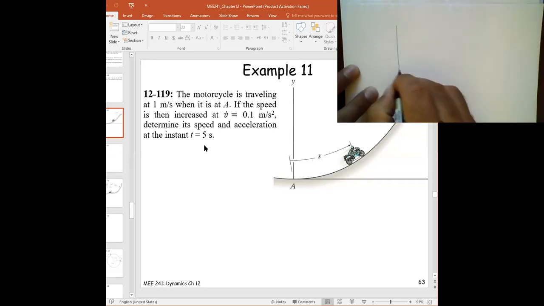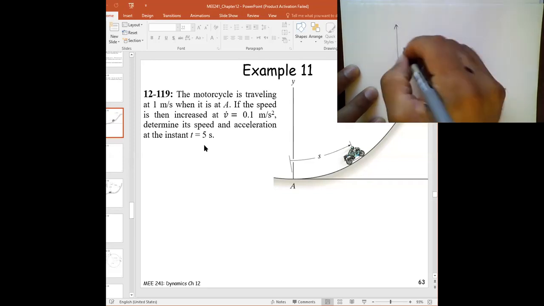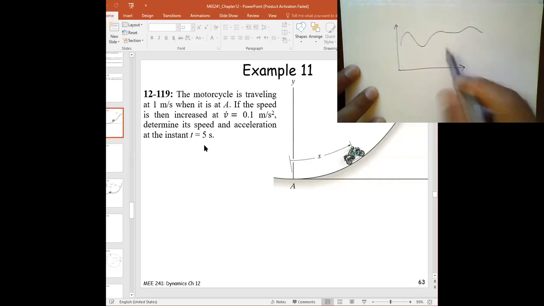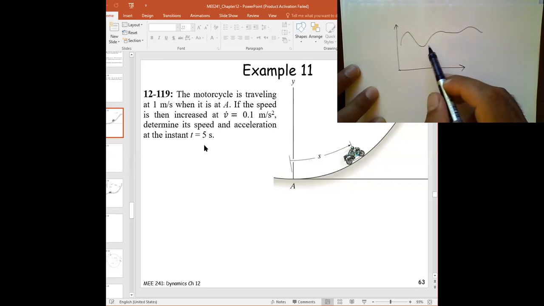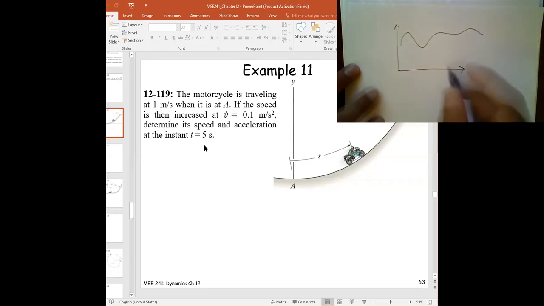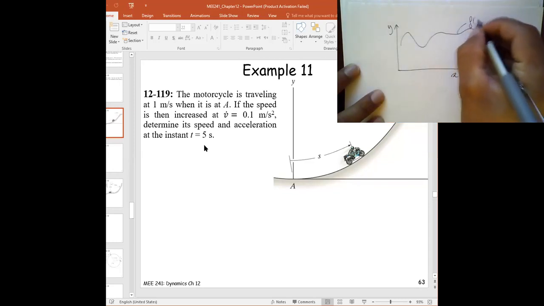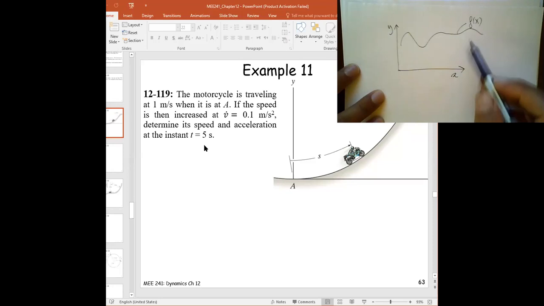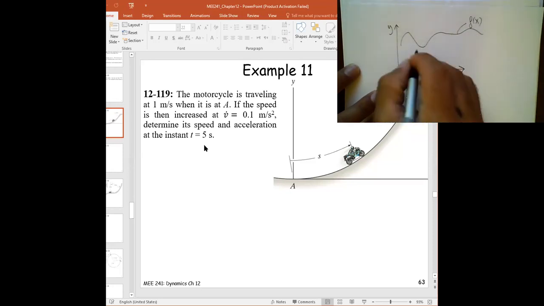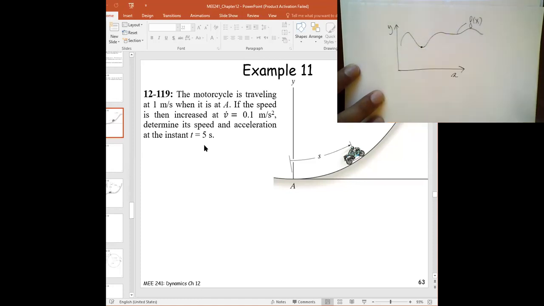So if I gave you a trajectory, basically a road, right? Think of this as like you're looking at Google Maps, and you have X and Y, and your path is given to you as a function of X. Could you tell me, if a car is traveling with some velocity, and it has a velocity v as a function of time, v of t like that,